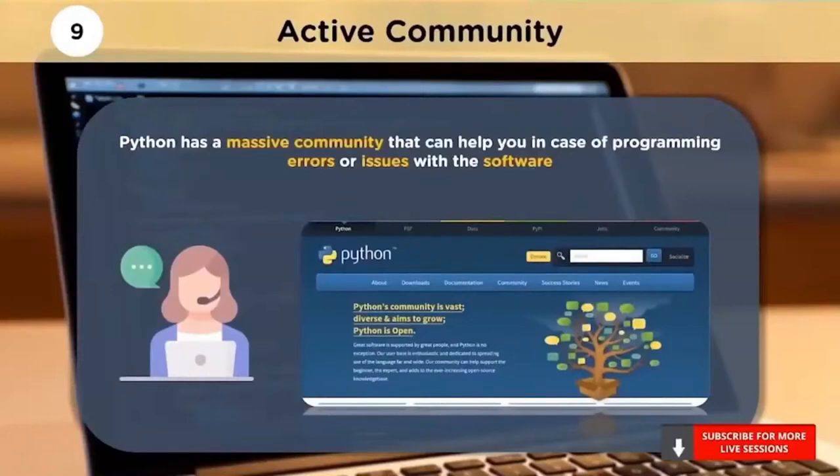You can just go ahead and put your queries in the community forum. The community members will address your queries in real quick time. Communities like Stack Overflow also bring many Python experts together to help learners. Python Enhancement Proposals, or PEP, is where the proposals and the improvements are announced. Also, there is a set of recommendations or core values called the Zen of Python, written by Tim Peters, that represents the guiding principles for Python development.